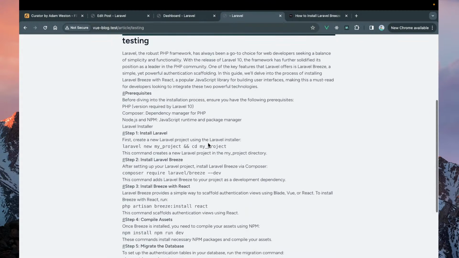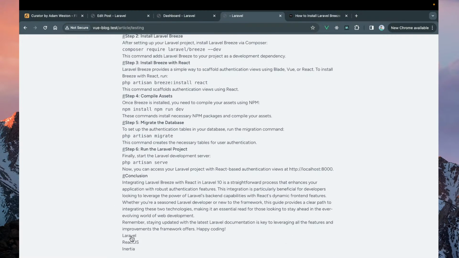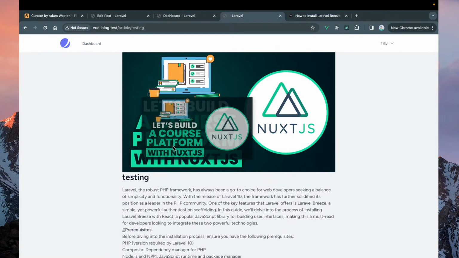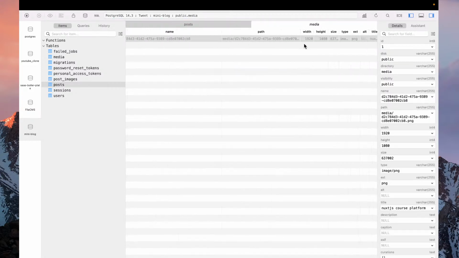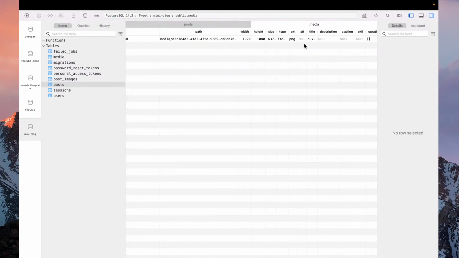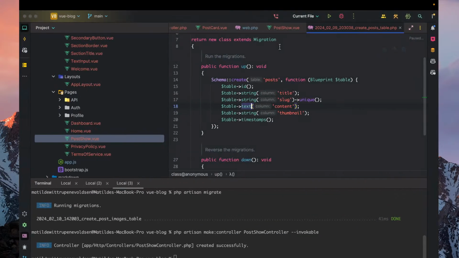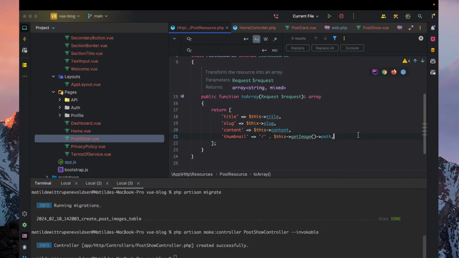And there you go. So you can see it's rendering it here, but we don't have all of the different presets to make it look nice. So that's something we also need to work on. We also, in here in the media create table, you can see that we have the ability to get the description and the caption and all of the other things. So what I could do is, inside the post resource, we could pass through the ability to get the caption,